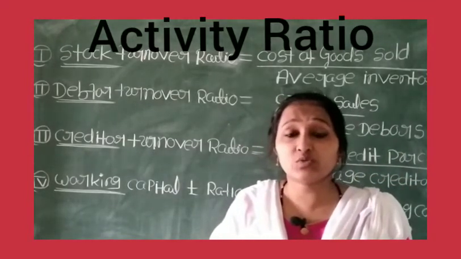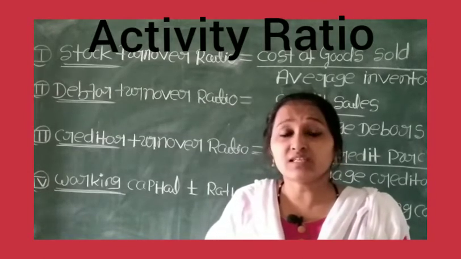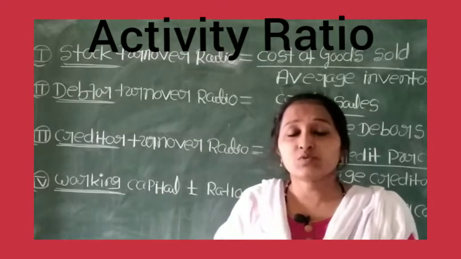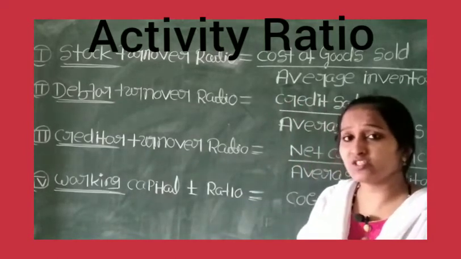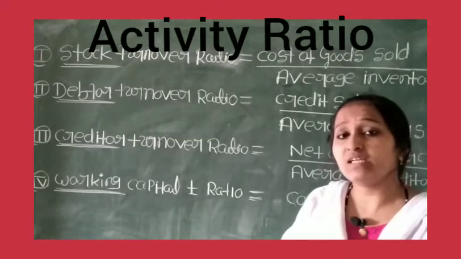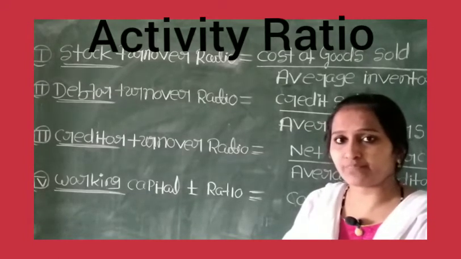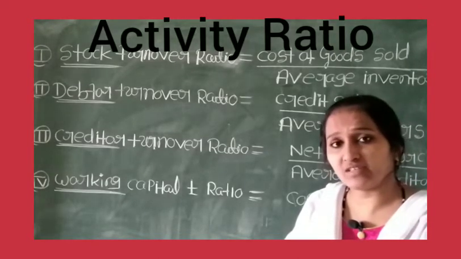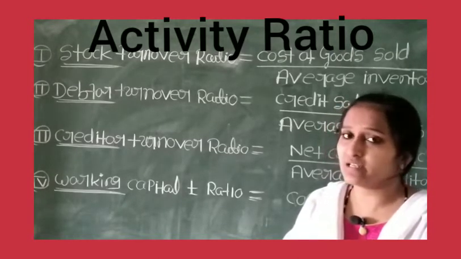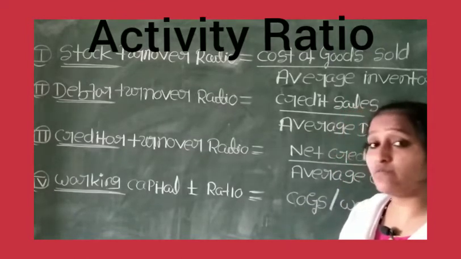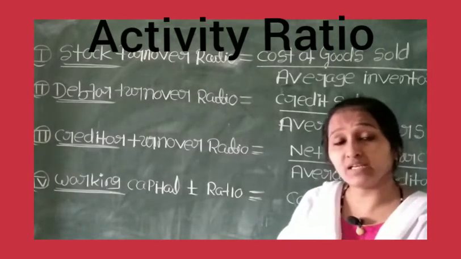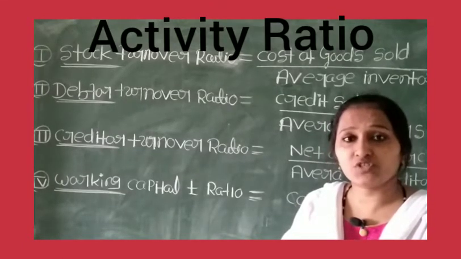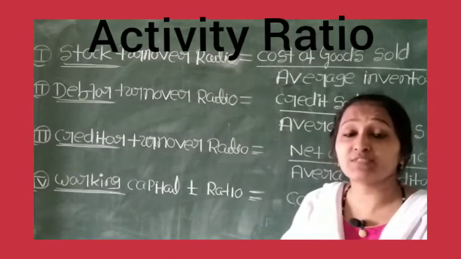See, the name activity ratio itself tells us it concerns what is actively involved in the organization, right? If I ask you what is actively involved, you will definitely say it is buying and selling. After production, the next thing a company should concentrate on in the business is selling. So activity ratio is going to tell the company's efficiency, the company's efficacy on the selling part.